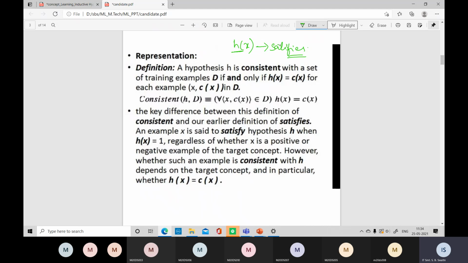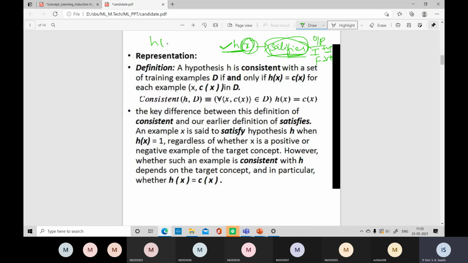Okay, if it is consistent with the output, we normally call it satisfiable instances. And the hypothesis which is generated for this satisfiable instance is called a satisfiable hypothesis. If the output is consistent, then such a hypothesis is called a satisfiable hypothesis, irrespective of whether the output is true or false, that is positive or negative. An instance you have given, you got some output, then that is a satisfiable instance, and the hypothesis which is generated is also satisfiable.